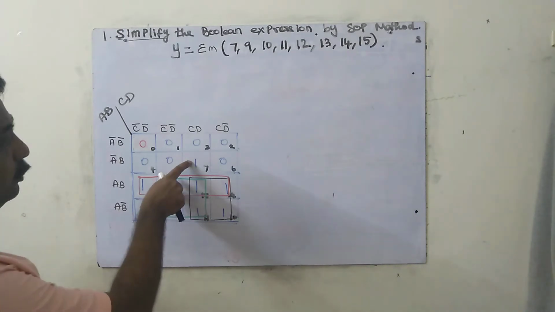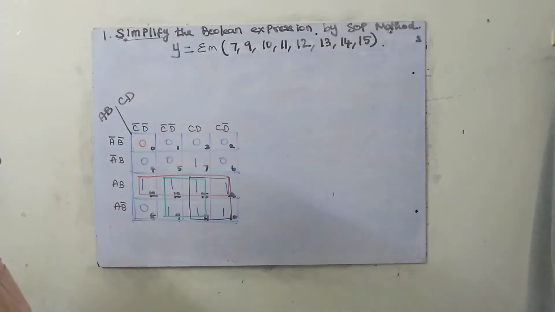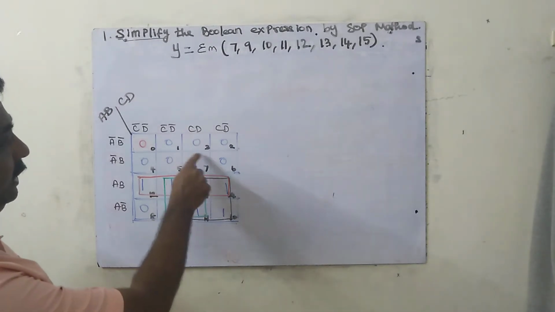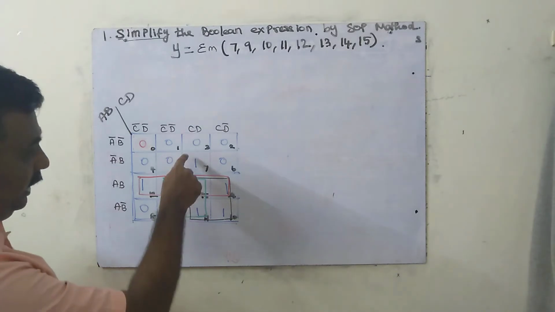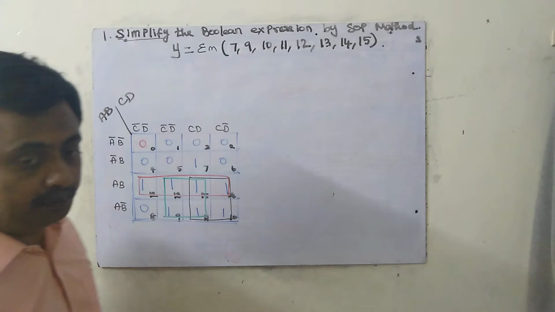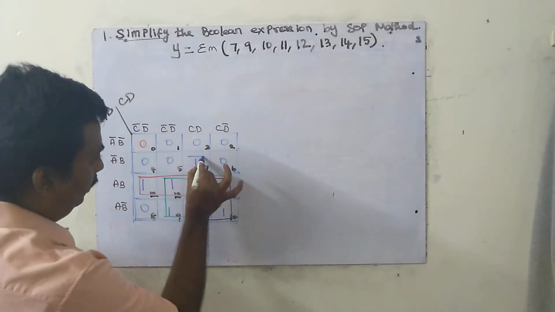Okay, next this one is pending. How can I box this one? See, there are only 2 possibilities. Either I box as 2, otherwise single. First we have to check for 4. 4 is not possible. Next I have to go for 2. Yes, 2 is possible. So I am going for 2. The blue color I am going for like this. 2 I am boxing.